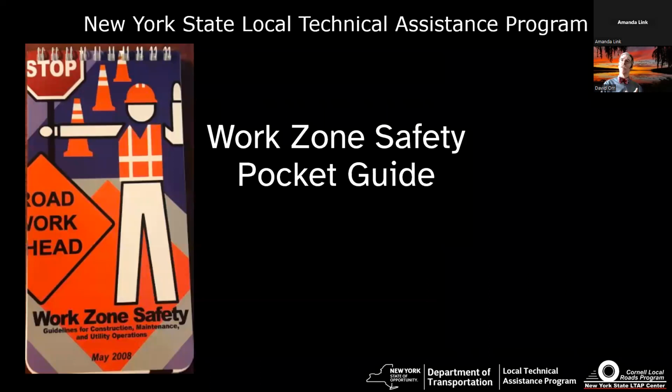One thing I'd like to make sure, if you don't have one, make sure you get one. It's a little work zone safety pocket guide that we have available. We'll get a link to you so you can download an electronic copy and we can get you a physical copy of it. It's designed to fit in your back pocket or in the glove box of your vehicle. It's a way to get you started again with the foundations and the fundamentals. And if you really think about it, when it comes down to it, safety is a pretty important thing.